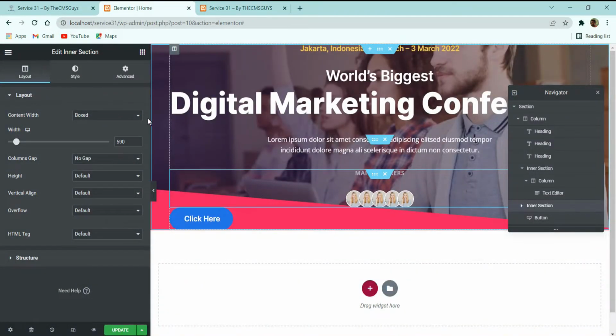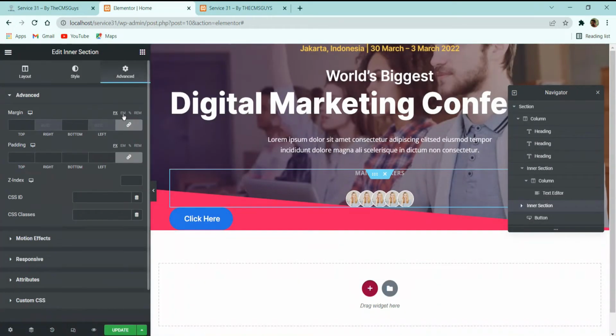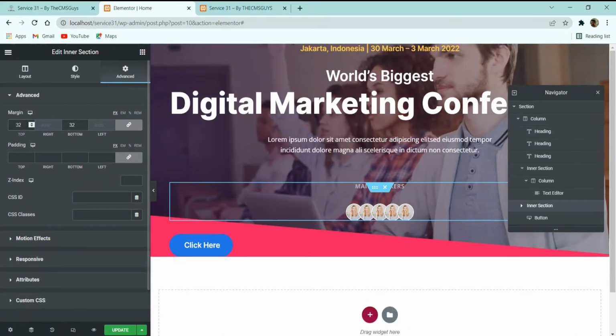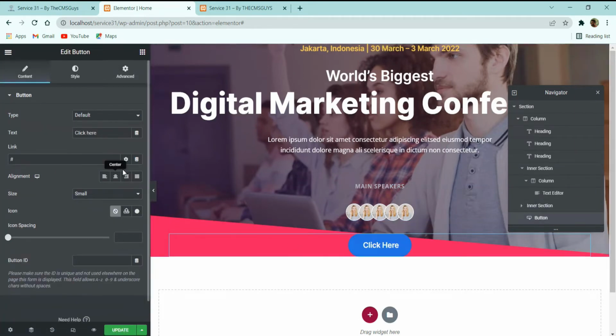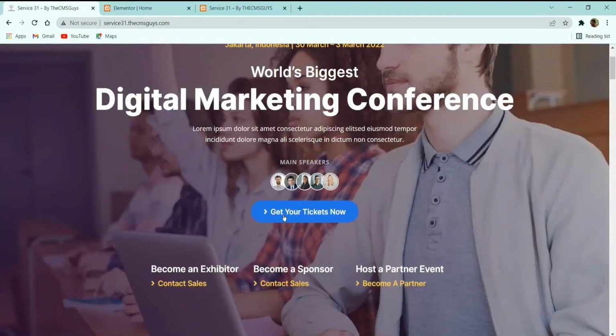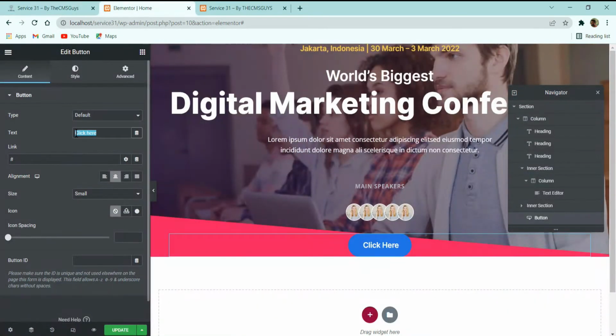these two. For this I can go to this inner section setting and give it a 32 pixel top margin and 32 pixel bottom margin. In the same way for the button, let's make the button alignment to the center, and then here you can see "get your tickets". Now we have a text over here. Whatever text you want to give, you can give it here, like "get your tickets now",